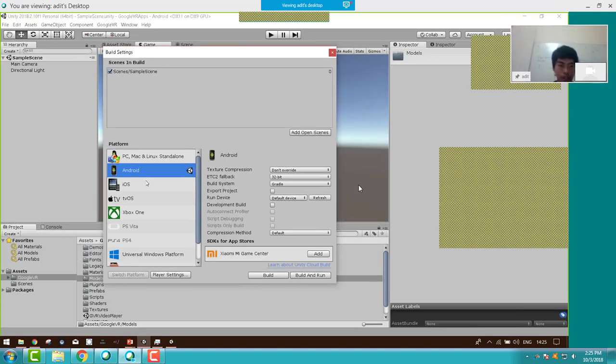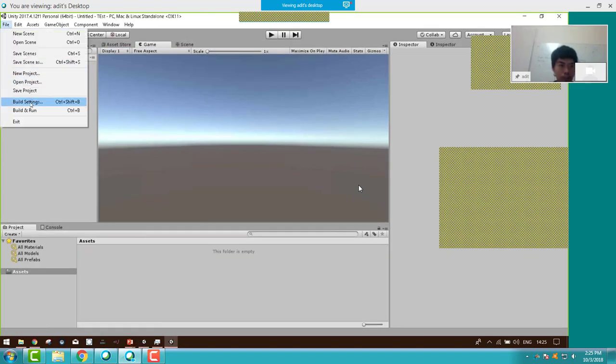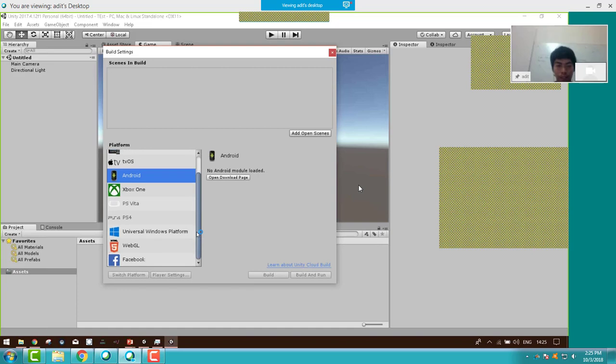So it's already done. As you can see, on Android you can see the Unity logo on it. It means that our project is now configured for Unity for Android platform builds. For you guys, when you see Build Settings and Android, you see no Android modules loaded. You just need to open the download page, and your browser might open some link, and you need to download that